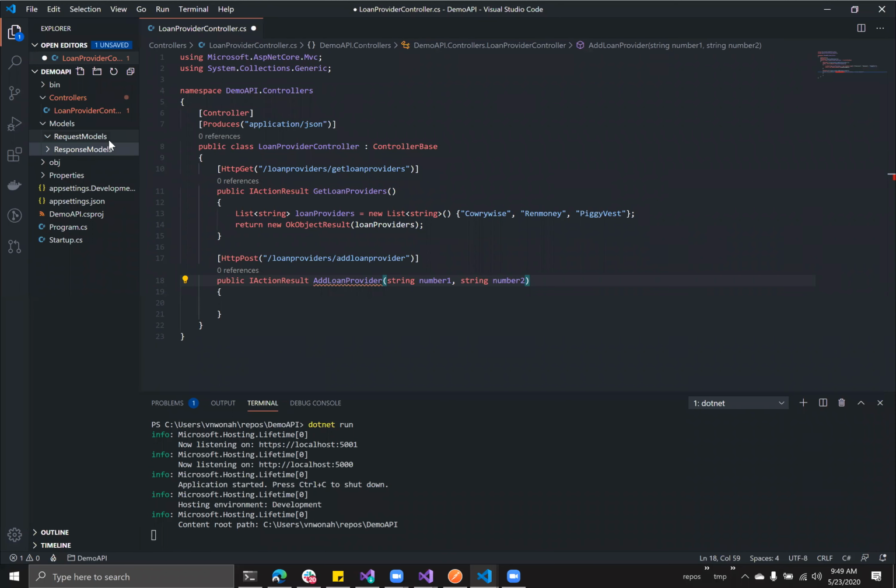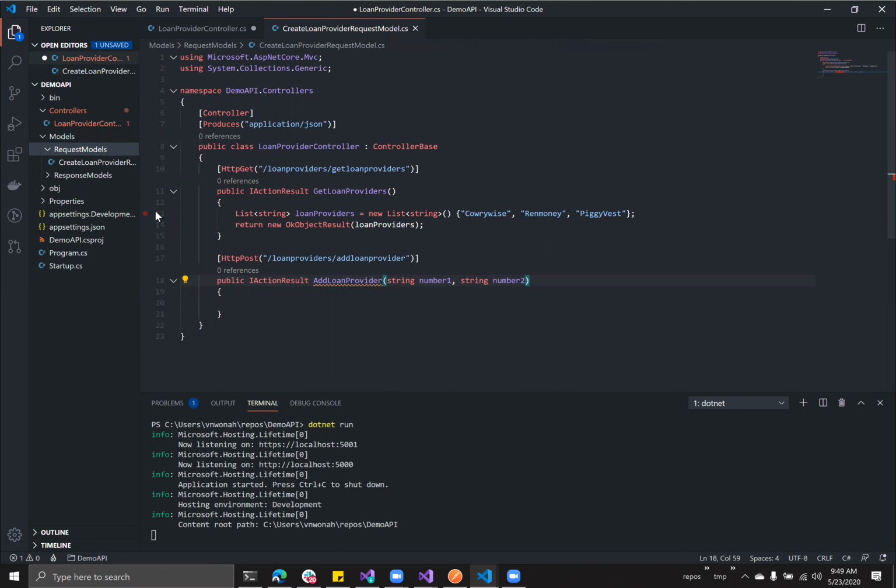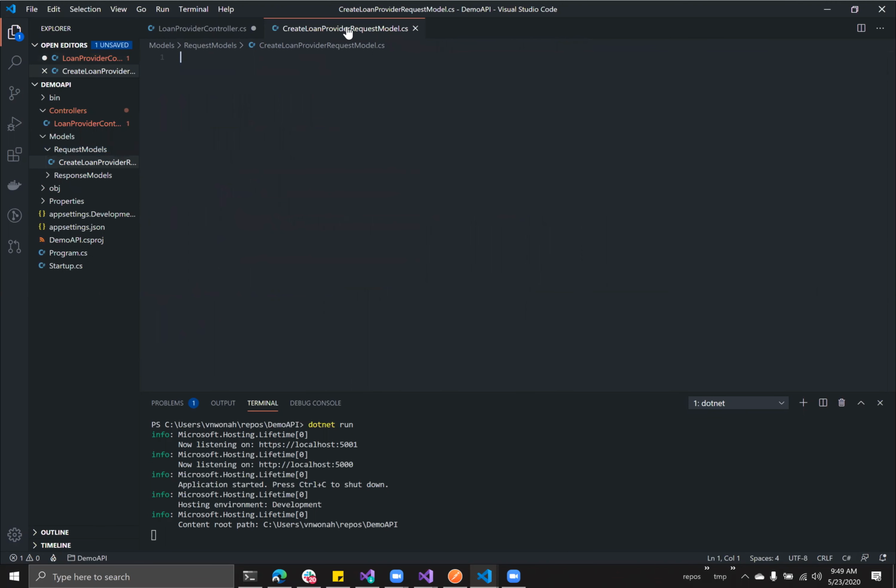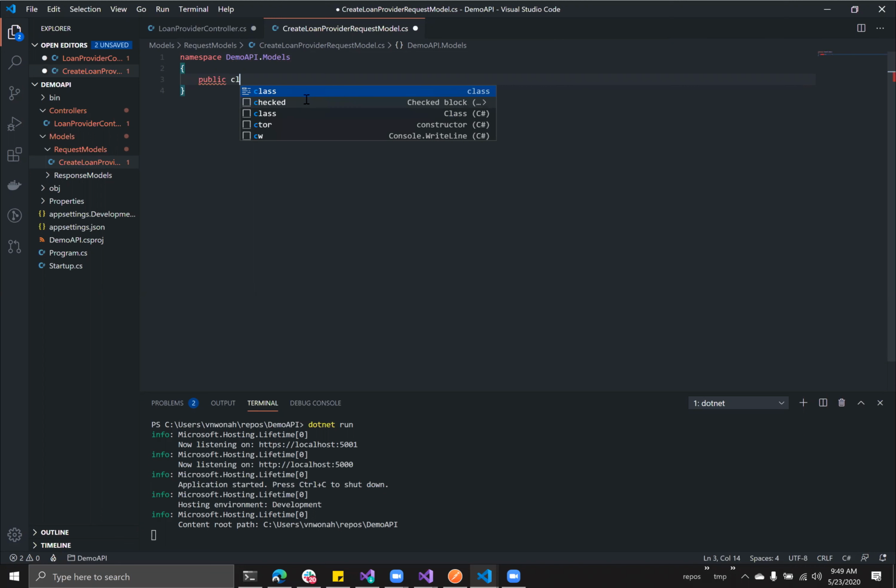So in my request models folder, I'll add a new file and I'll call it create loan provider request model. Yes, it's a very long name, but I prefer this long name, so whoever opens my project and sees something knows, okay, this is what this class is supposed to do. So create loan provider request model, namespace is API.models, because this is the models folder. And then the name of the class, public class create loan provider